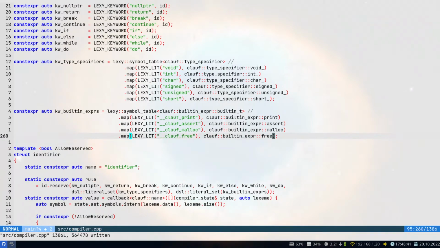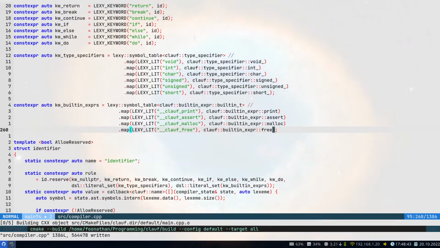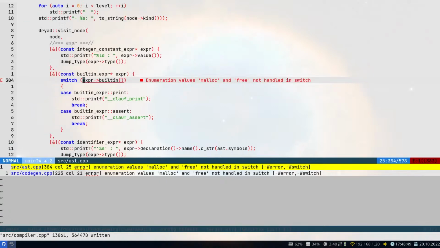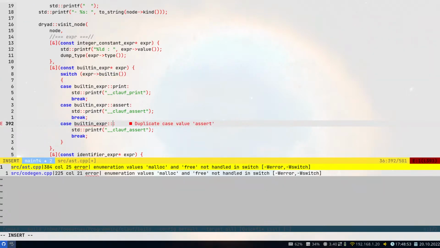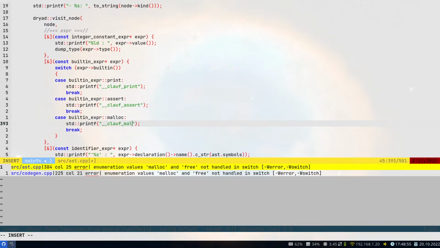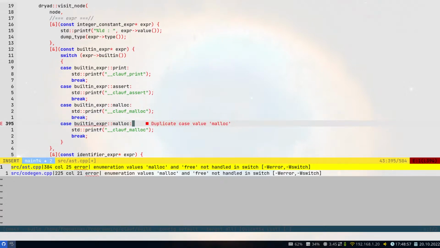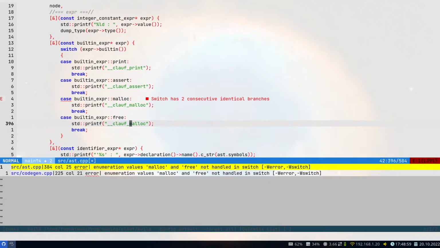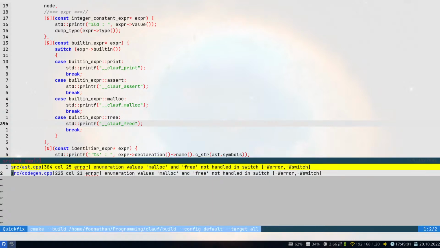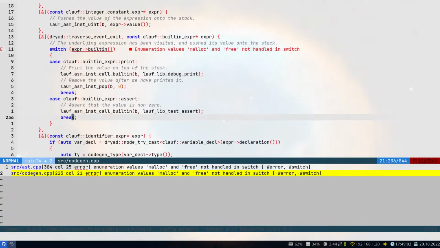Okay. Now we need to update the switches. So if we're having a malloc, this is a C lauf malloc. And if we're having a free, this is a C lauf free. And then here doing code generation,